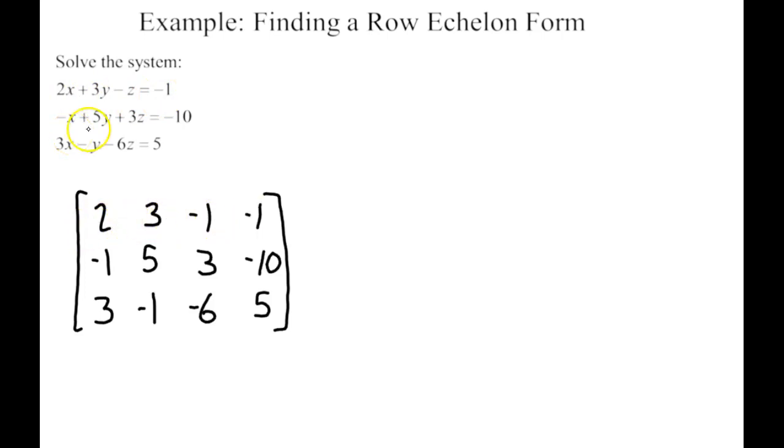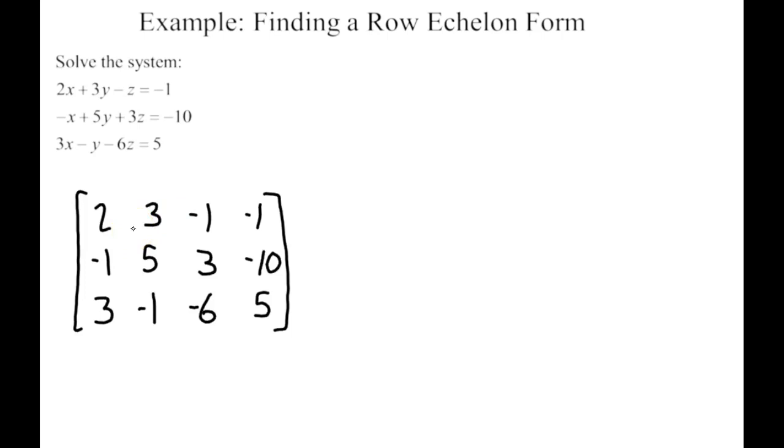Second equation, -1, 5, 3, -10. Third equation, 3, -1, -6, 5. So we just take the coefficients and constants from our system and create a matrix from those values. Now we're going to take our matrix and go through those three operations we just discussed to get this matrix